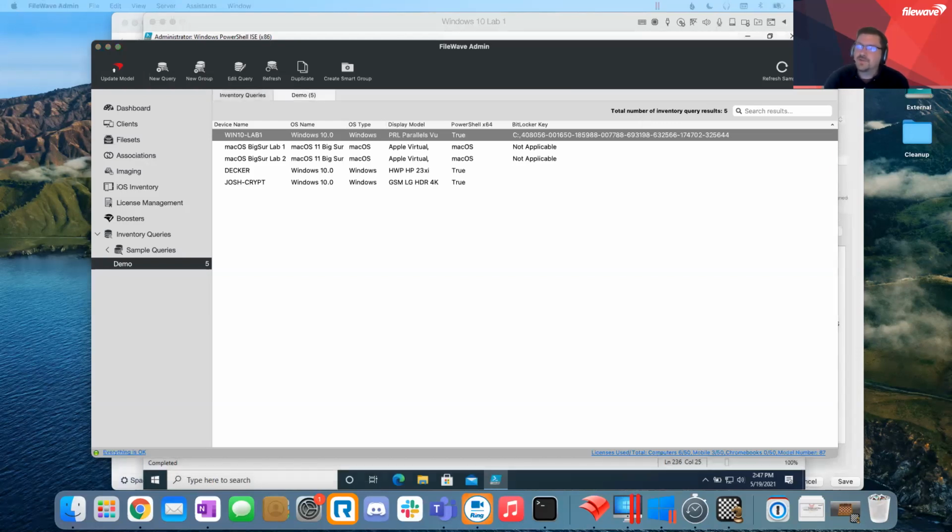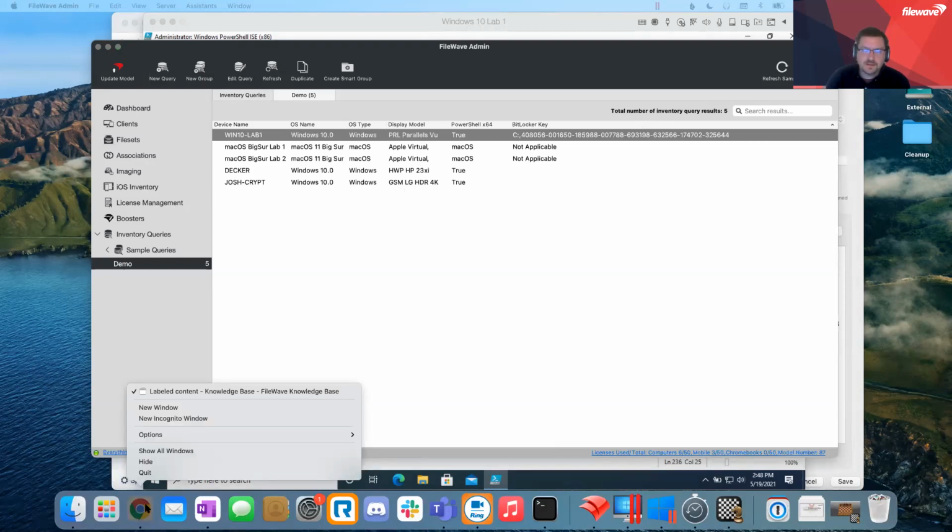Let's see, and so I showed off the BitLocker example. The display model example, I also have in the knowledge base, for what monitors are attached. I have some improvements to this script, so I'll be posting a little update. I know in the knowledge base,